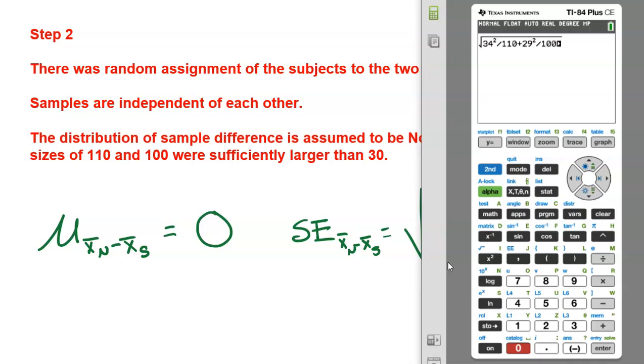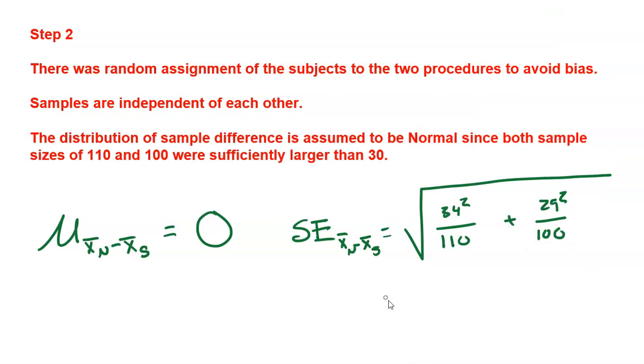And one question you may be asking is, why didn't they just do 105 and 105 for the 210 people? I don't know. That would have made a lot more sense, but no one ever said that the 2 samples had to be exactly equal inside as long as they were randomly assigned. So we get a standard error of 4.34. Well, if we round, that'd actually be 4.35. So 4.35 is my standard deviation. Feel free to keep more decimals there if you want. All right, so I assume there's no difference in the middle, and I have a standard deviation of 4.35 minutes going both sides there for my sampling distribution.